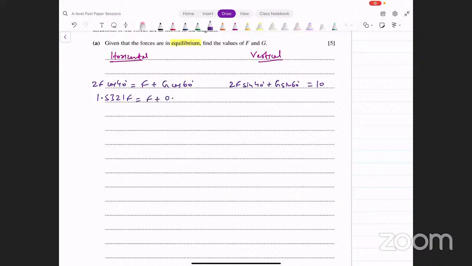Cos 60 0.5. That's 0.5 times G. And this becomes 0.5321 F equals 0.5 G. We can write F in terms of G or G in terms of F ताकि हम दूसरी equation में जाके input कर सकें. We get 0.5 divided by this, and that is